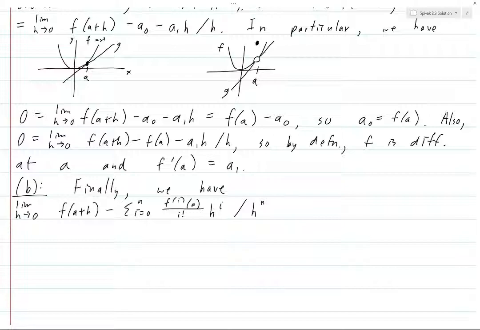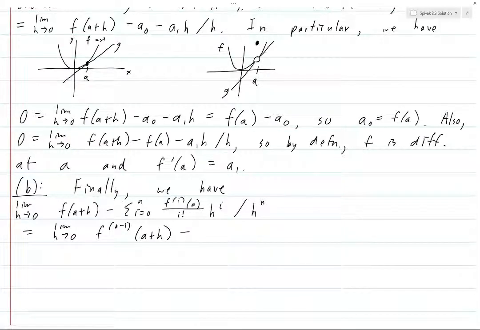So what we're going to do is take n minus 1 derivatives by L'Hopital's rule. We'll end up with the n minus 1 derivative of f at a plus h minus, and then if we look at the sum, if i is less than n,